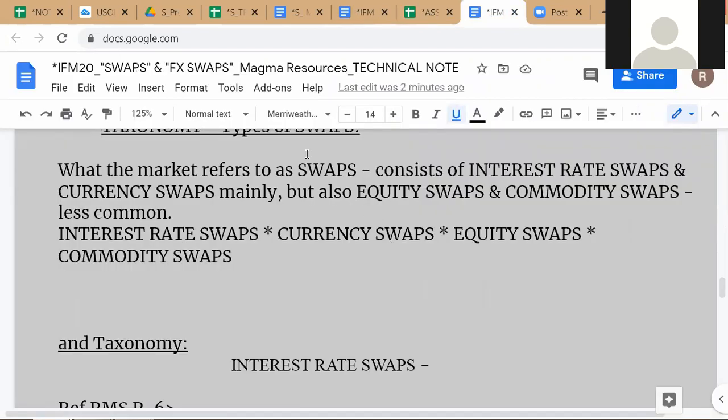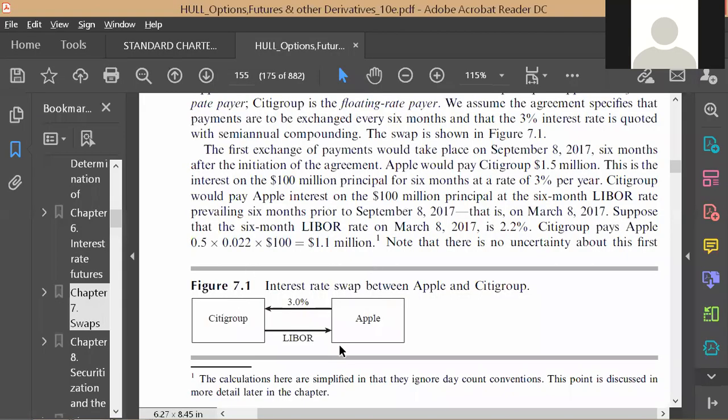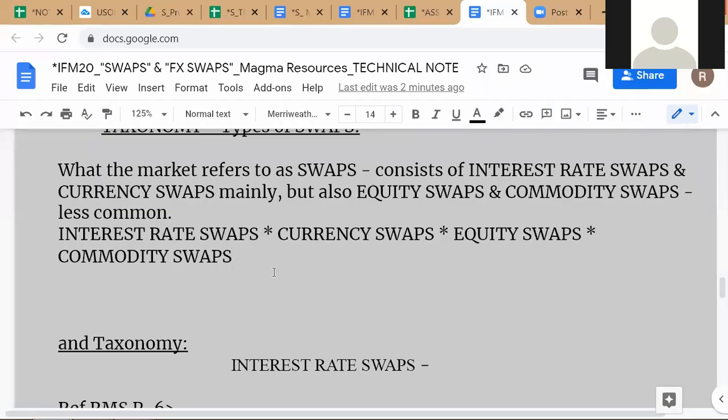Okay. So everything that you see, all of these will have the same kind of structure. And usually we refer to it by showing this kind of a diagram. So we'll see how it works out. So let's first look at the interest rate swap taxonomy. And one more thing we can learn about is